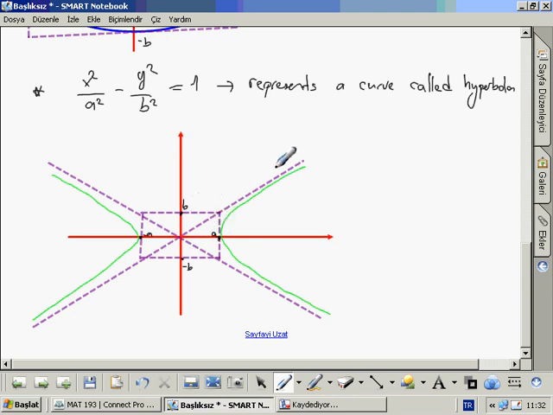These dashed lines are x over a minus y over b equals 0, and also this one is x over a plus y over b equals 0. Each branch approaches two straight lines, and they are called asymptotes. As you see, they are asymptotes,